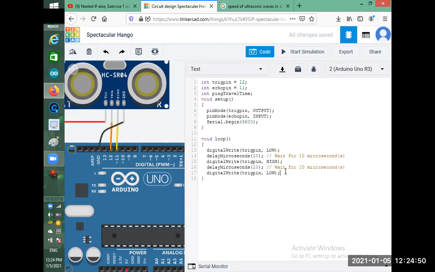So we wait for it. Okay, so we get it till now. So we set it low. Now we need to calculate the time. What we want is the time, so we take the time